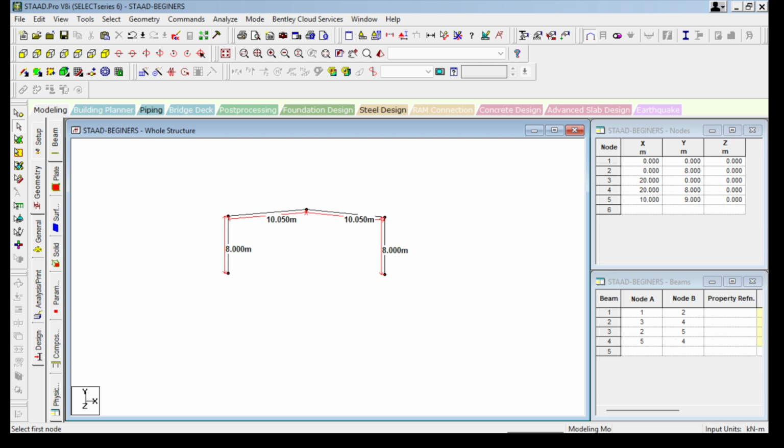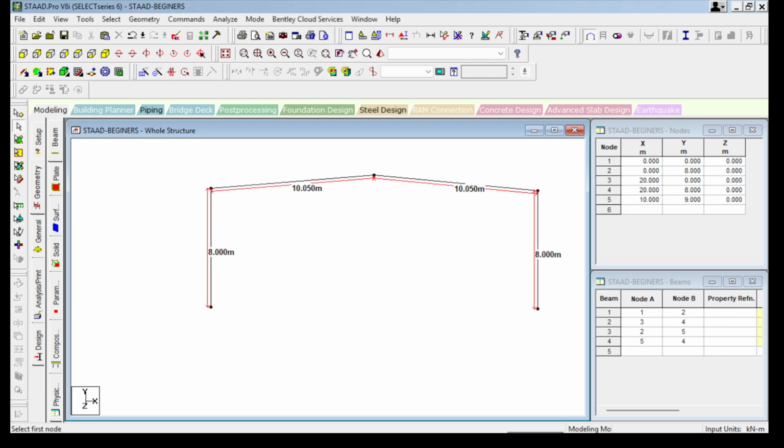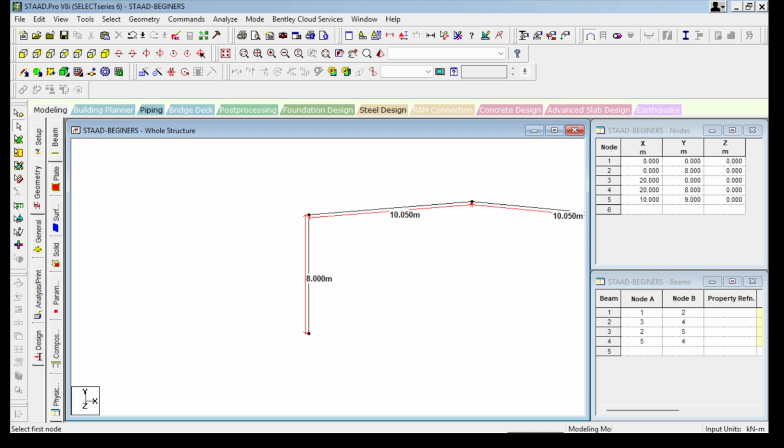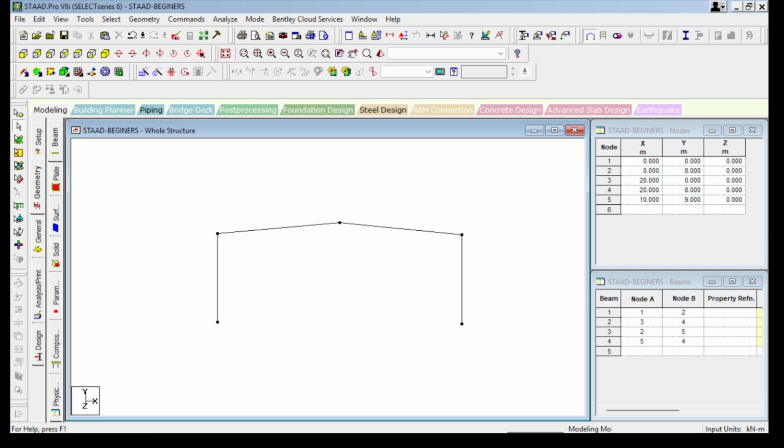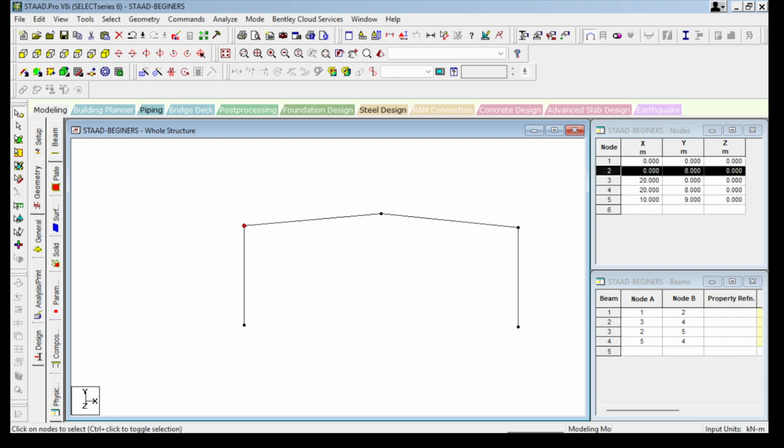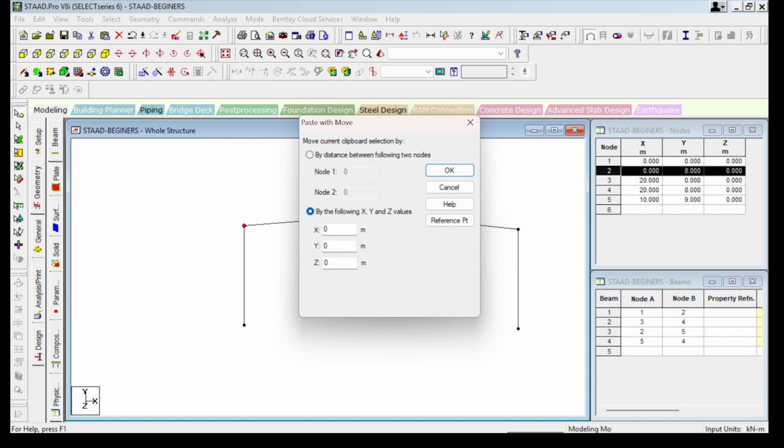Okay, let me add something to it. Let's say we have an additional portal frame by the side here. Let's click on this, copy and paste.